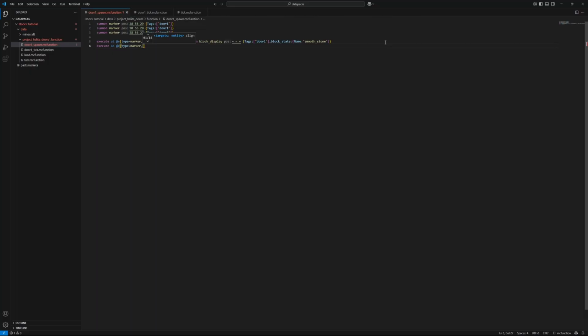But yes, so we're gonna do a type. Sorry, this is wrong. So as the block display with the tag of door1, essentially we're going to run a data merge command. The data merge is essentially just going to transform something that's already existing, so an entity that already exists, and then that being the entity @s. So @s is basically selecting the thing that we are doing it as. So as this block display door1, we're going to translate it